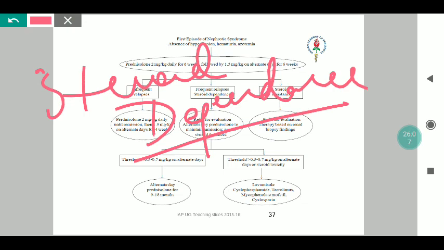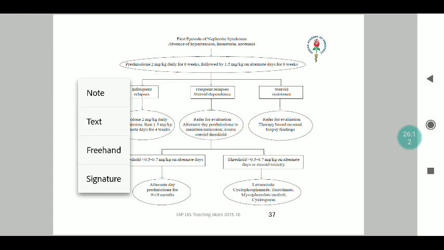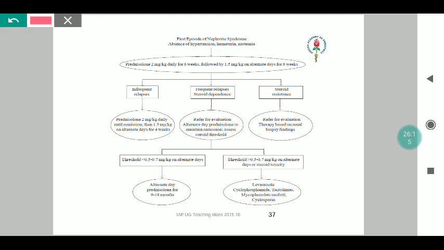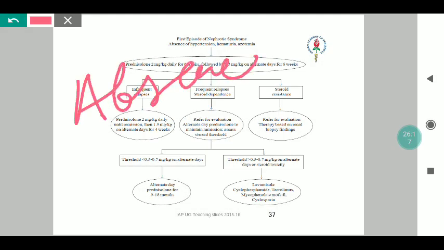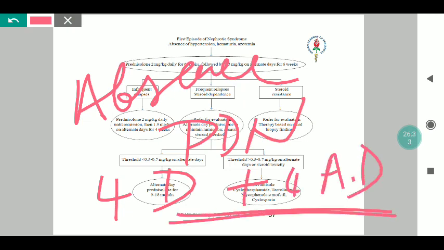I'll repeat this. 2 consecutive relapses with the child on alternate day steroids or within 14 days of discontinuation is steroid dependence. Coming to steroid resistance, it is the absence of remission with the child on oral daily prednisolone, having completed the full course of 4 weeks daily and 4 weeks of alternate day. Why I am stressing on these definitions first is, while going through the algorithm, it will be better understood. So I have told 5 definitions: relapse, remission, frequent relapse, steroid dependence, and steroid resistance.